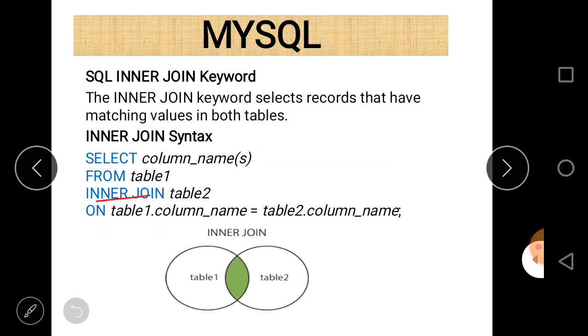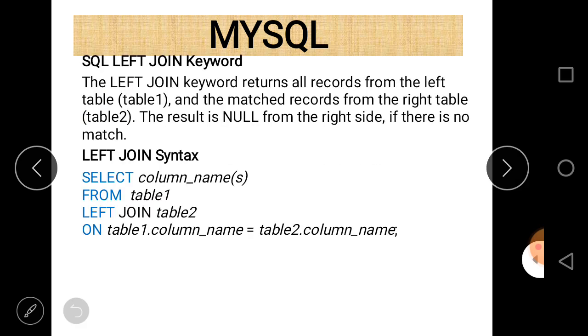Here we used inner join, and when we compare it with this one, we can see that the left join keyword is used and the rest of the things are the same. To implement left join, the left join keyword is used, and to implement inner join, the inner join keyword is used. The left join keyword returns all the records from the left table and the matched records from the right table, and the result is null from the right side if there is no match.